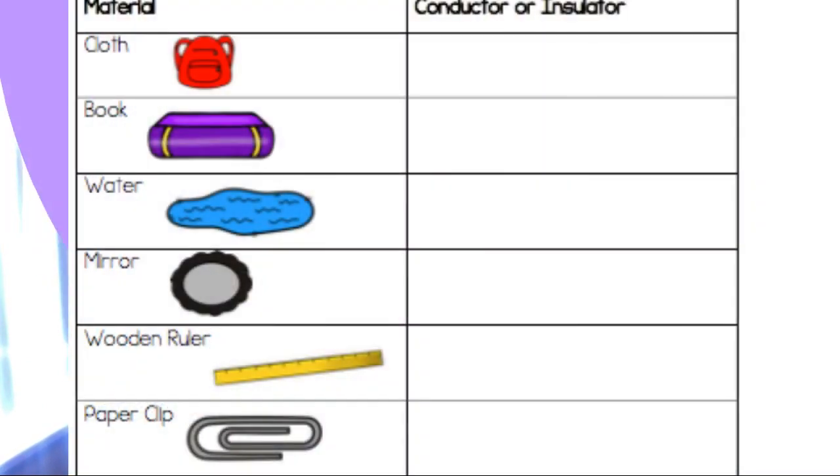This is why you don't want to be in a swimming pool when it's lightning outside, because that lightning is looking for somewhere to hit. And if it hits that water, which is a giant conductor, and you're in it, you are going to be electrocuted, which is not fun for anyone.